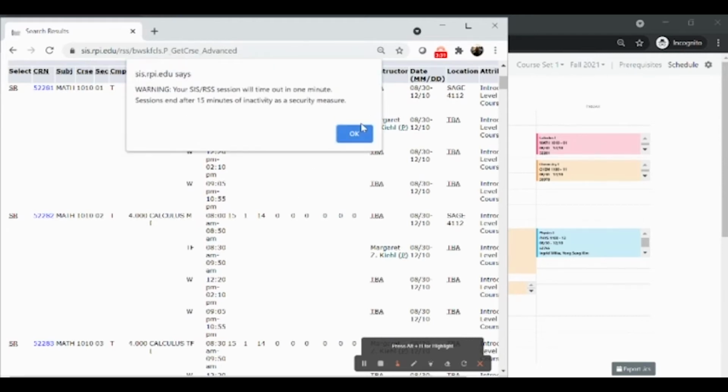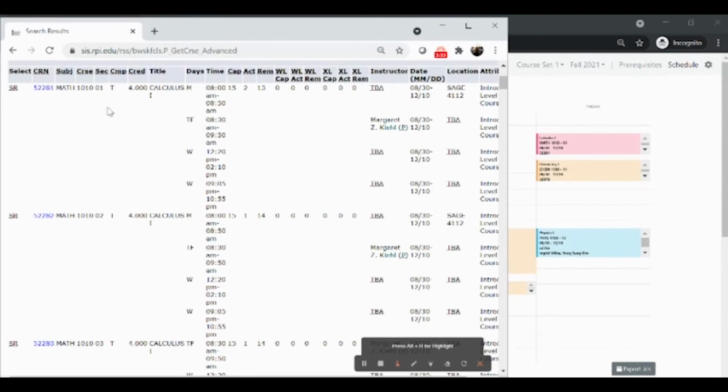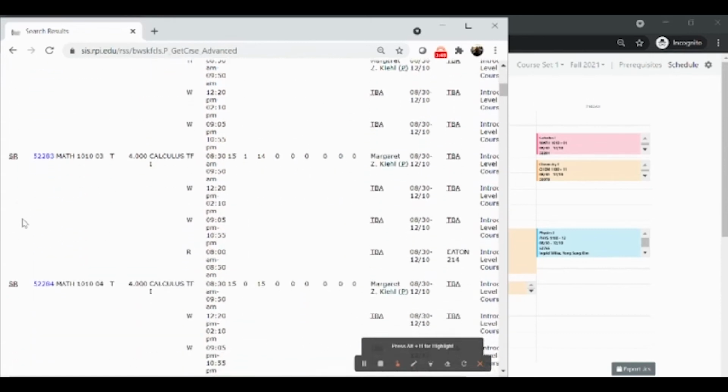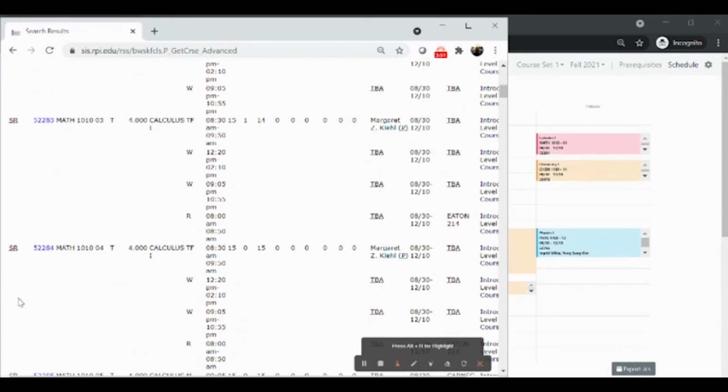So before you go to register for courses, you're going to want to check within SIS class search here to ensure that there are actually sections available and that the classes you want to take do have seats. You will see here, if you see an SR, that means seats remaining. That means you can register. If you were to see a C next to these different sections, that would mean that the class is closed, so you can't register for that.